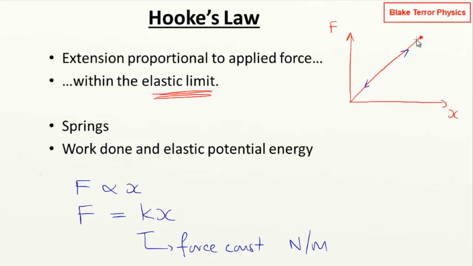When you get these empirical relationships, we're used to putting the control variable on the x-axis, and it depends what you're doing when you're conducting the experiment. Are you extending an object? Say you had a spring hanging down and you attach it to some force meter, pull it downwards, and every centimeter of extension you measure what the force is. Then the extension is your x-axis. Or you could keep varying the force and measure what the extension is, in which case it would be the other way round. We haven't got any great preference for which variable goes on the x-axis,